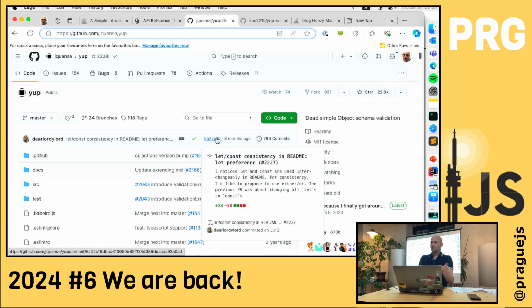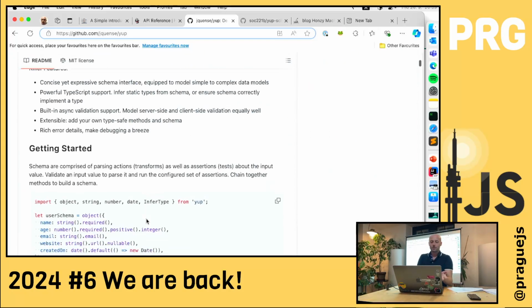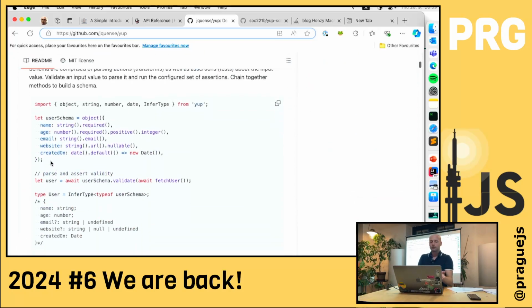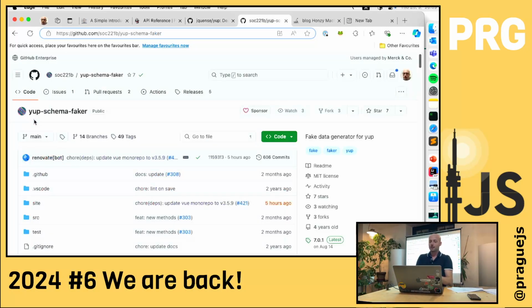All these libraries basically let you define the schema somehow and use it for validation. And there is a library which takes those definitions and generates random inputs from that schema.